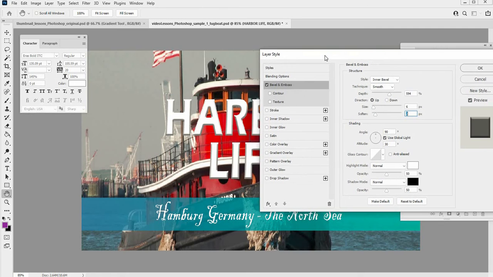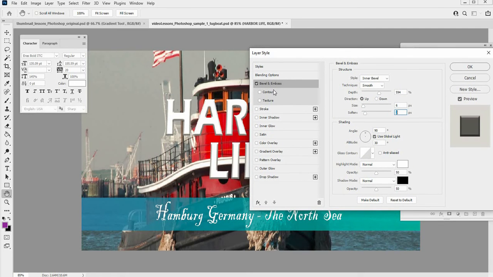Okay, I'm not going to walk through them all. Bevel and Emboss has its own set of options. When you click on the name of the layer style, you get the set of options over here for it. If you just click on the box and check mark it, it's not going to bring up the options, but it will apply what the defaults are. So I don't really want stroke. I don't want that. It's too harsh for what I want to do. Okay, but I am going to do